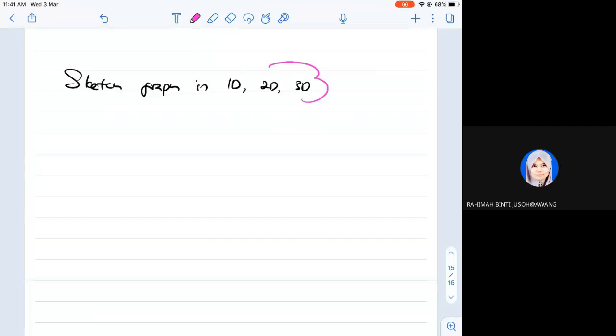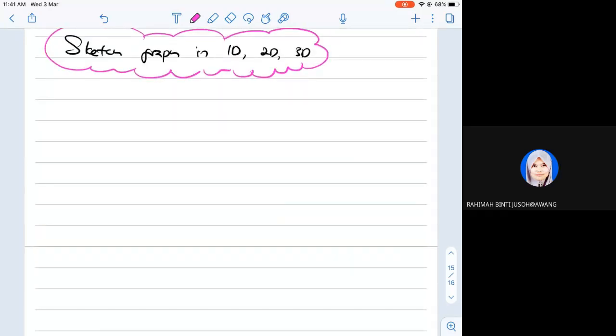But this is very important, guys. Subtopik ni memang guna sampai hujung semester. Ni memang kena faham betul ni. Right. Sketch graph in 1D, 2D, 3D. Okay. So,